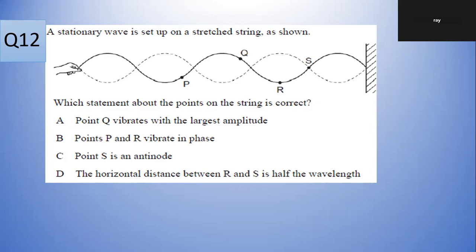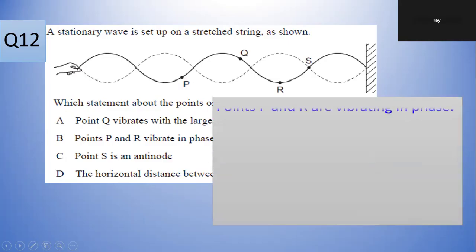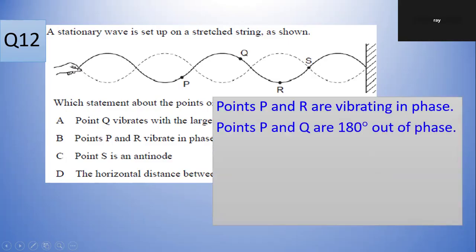In terms of amplitude, now R is the largest, if we do consider negative. Okay, so I think it's B. P and Q are in phase. S is the antinode, no, S is the node. The horizontal distance between R and S is not half a wavelength. It's a quarter of a wavelength. Okay, will be cut off any time. So during your